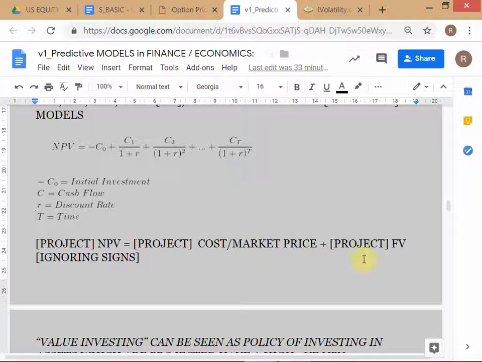Now in order to determine one of the inputs to the NPV model, you have to separately run a separate model for the fair value of the project, which is only these terms here. You have to run a separate model before that, as a preceding step, where you can compute the fair value of the project. In that model, the endogenous variable will be the fair value of the project. The output of that fair value model will later become an input in the NPV model. Are you following the structure?